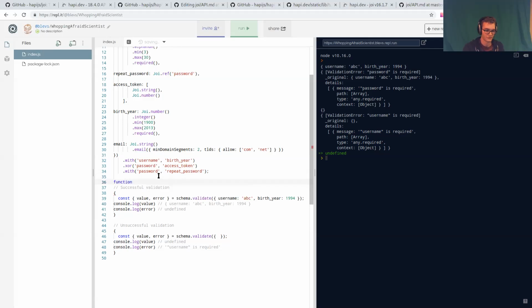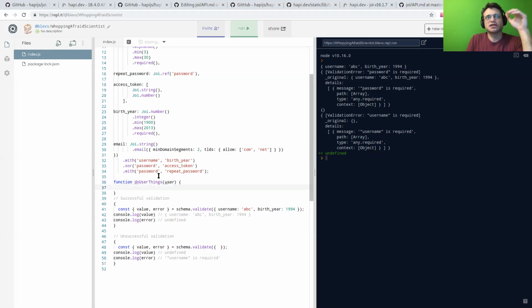Yeah, just like a function. Or like I just want it to be like a specific thing, like is valid user or something, like name it like a predicate function. Mm-hmm. And then we would